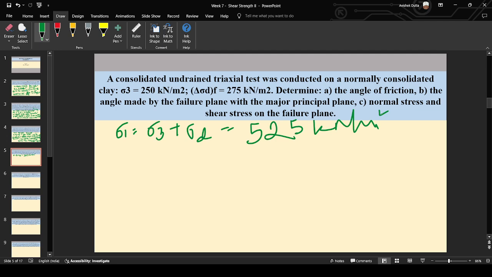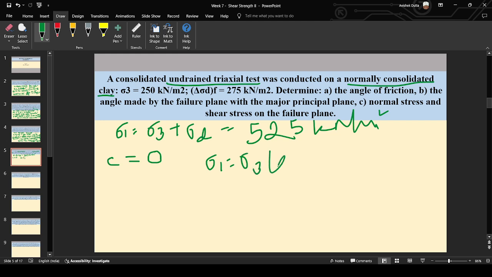Now, for the undrained test, here is a catch. We have been asked for an undrained triaxial test for normally consolidated clay. Generally clay has cohesion, but in the case of an undrained triaxial test on normally consolidated clay, the cohesion value is negligible and considered as 0. So the equation becomes sigma 1 equals